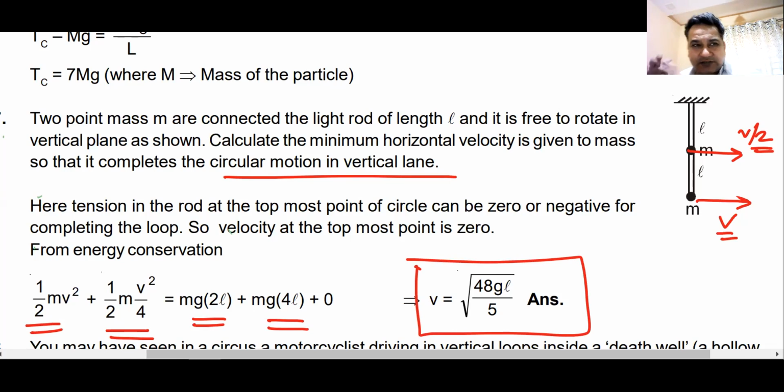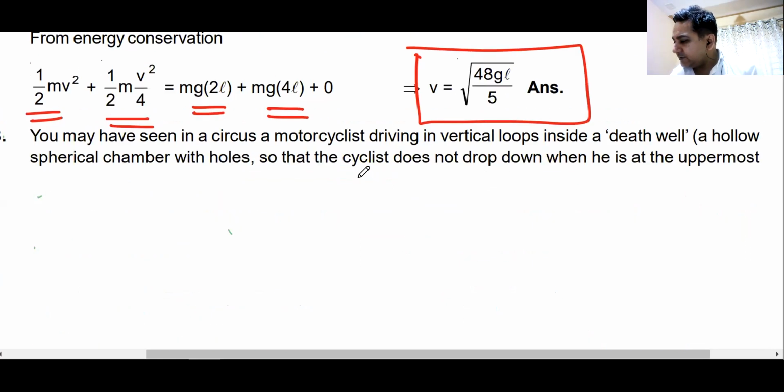Do we understand this? Can I have a raised hand? This is the most important question. Maybe you will see the same question in the exam. Do we all understand this? Can I have some raised hands that we understand this? How many of you were able to solve this? Well done.